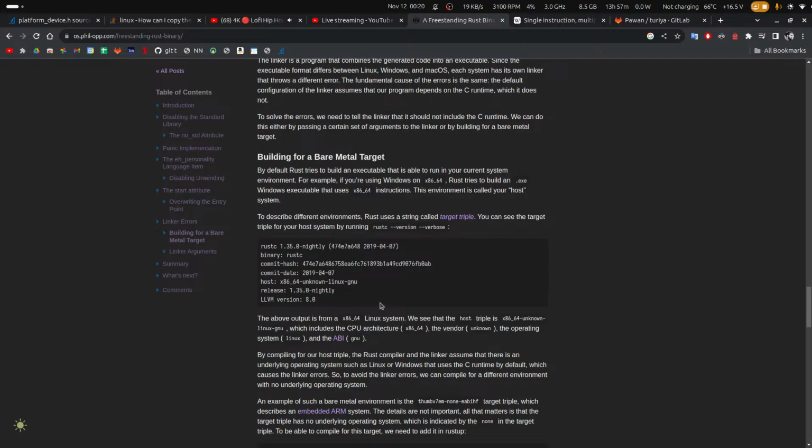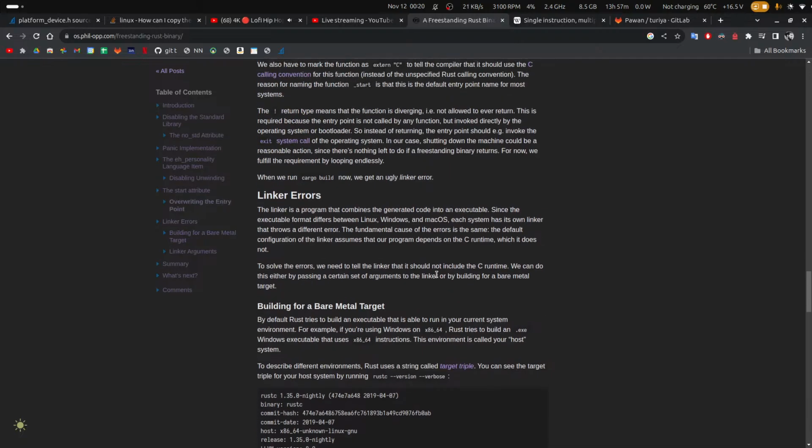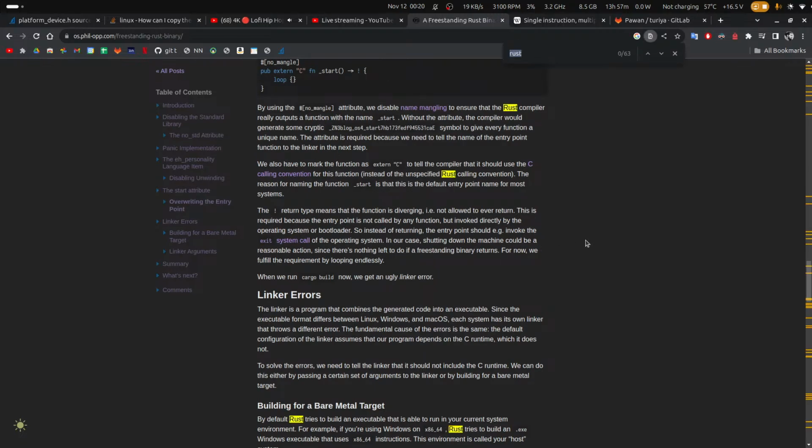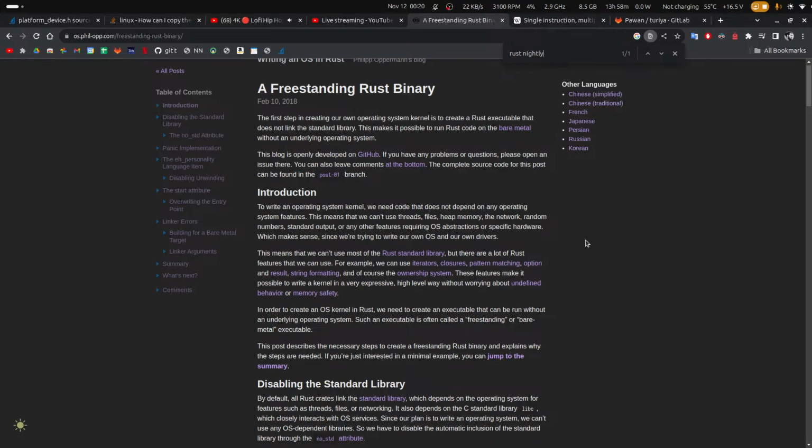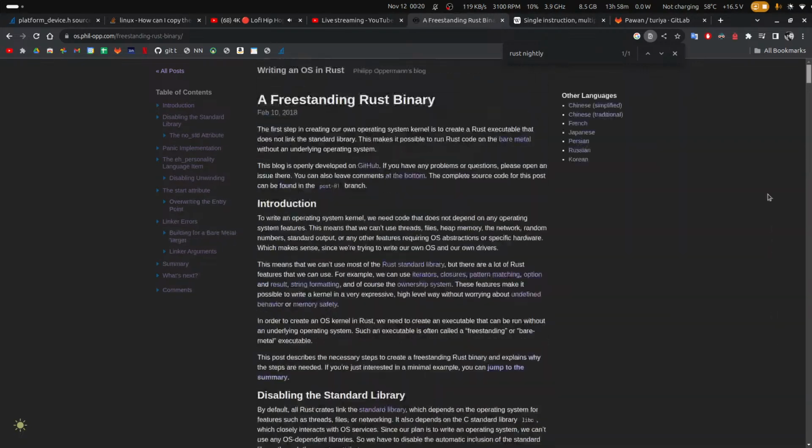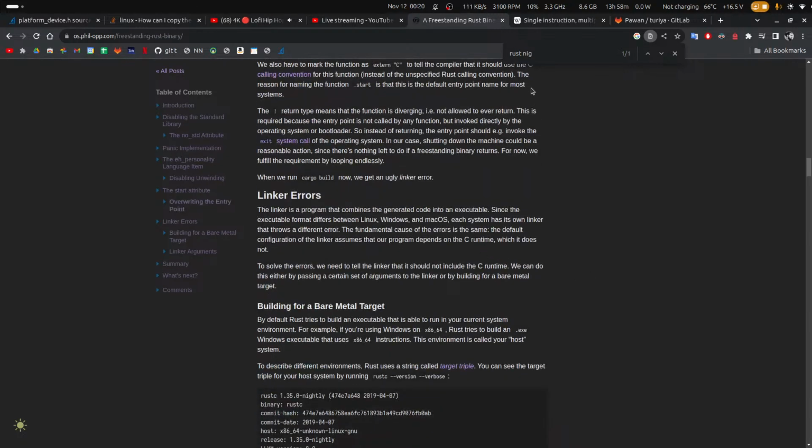I'm looking for Rust nightly. Anywhere, boy. किधर है भाई? घंटा